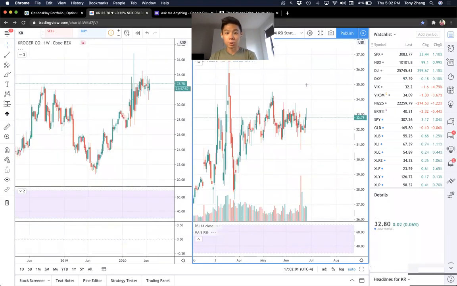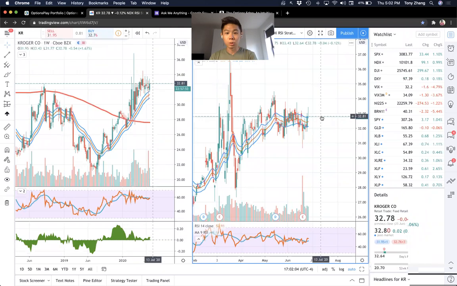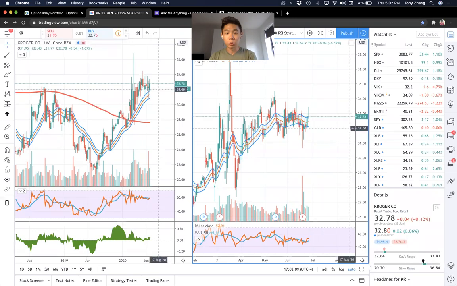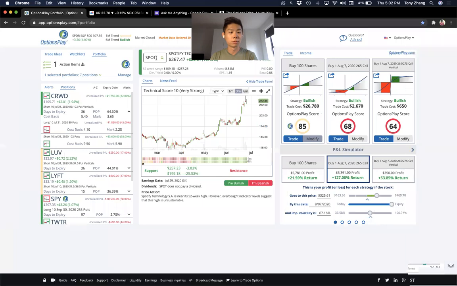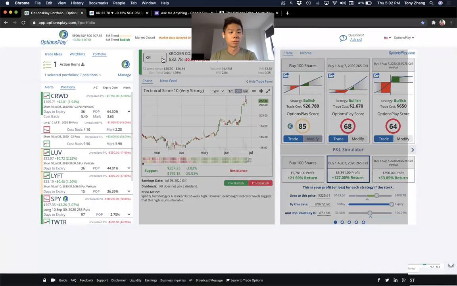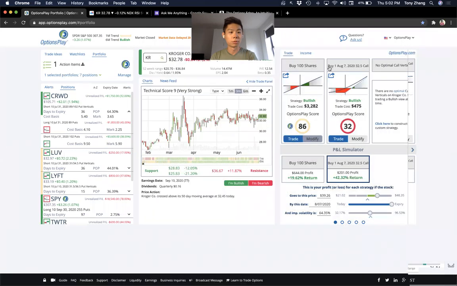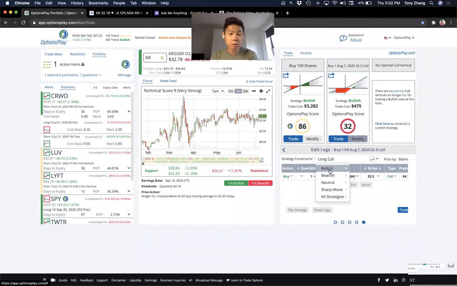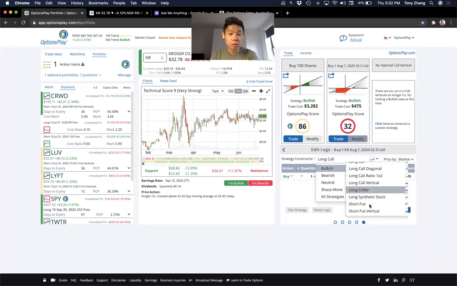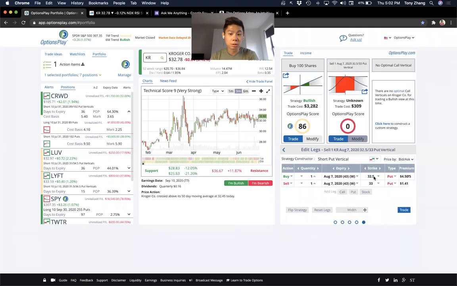Kroger has taken quite a bit of interest over the past couple of days as coronavirus cases continue to rise. But this is the type of stock where I just don't see big moves. I don't see Kroger making big moves to the upside. If you are bullish on it, I would sell put credit spreads because the stock doesn't move. But I also feel that because the stock doesn't move, you're not going to be able to receive much credit. I've looked at this stock multiple times. I haven't been able to find what I would consider an attractive put spread.